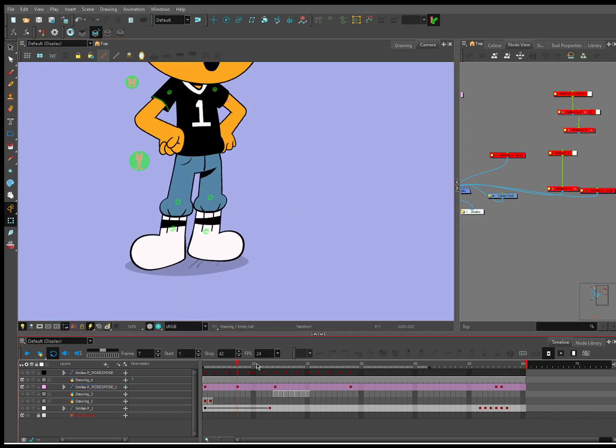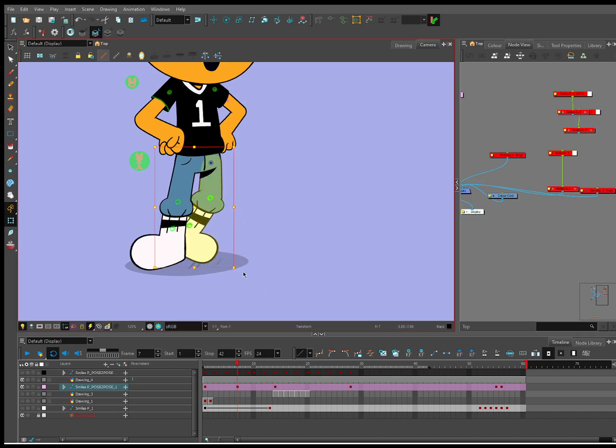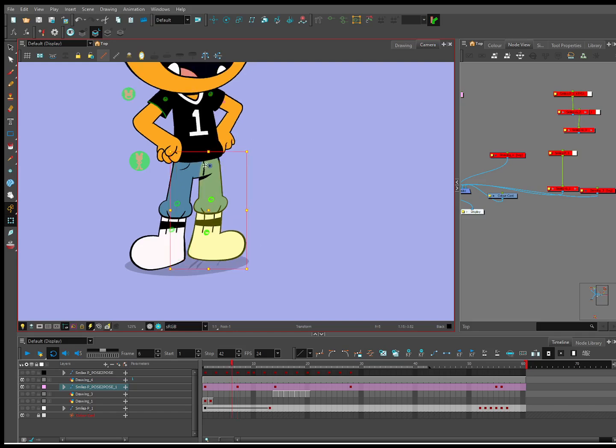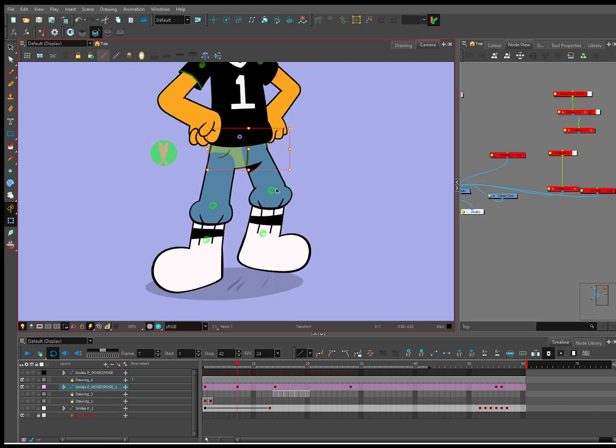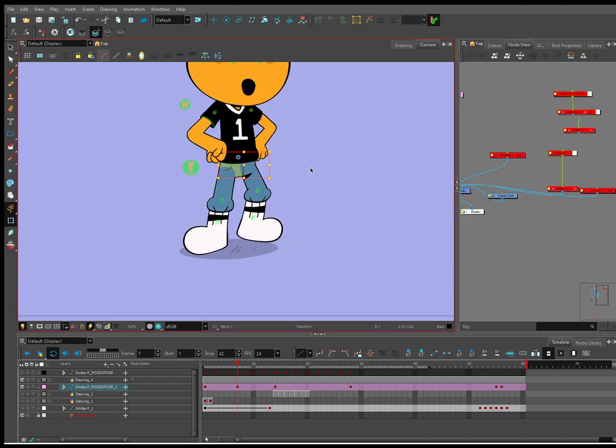So now we're going to lead with the lower body. What he's going to do is step out. Once you decide that if they lead with the lower body, they're going to step out, and if they're going to step out, they need to lift their foot a little bit, immediately that choice changes my pose.